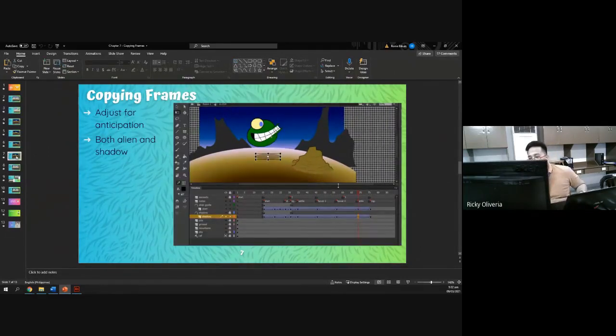Okay. Now, adjust for anticipation. Bakit nilagyan natin yung shadow tsaka yung alien? Kasi simple, because gagalaw yung shadow, gagalaw yung alien natin. So, adjust for anticipation both alien and shadow. Paano ba yung anticipation na gagawin? Parang buwelo siya, magtitilt siya ng konti. So, yan. On the frame anticipation,